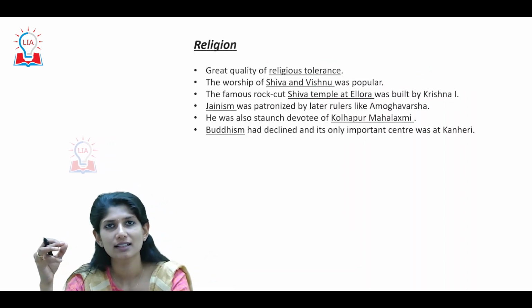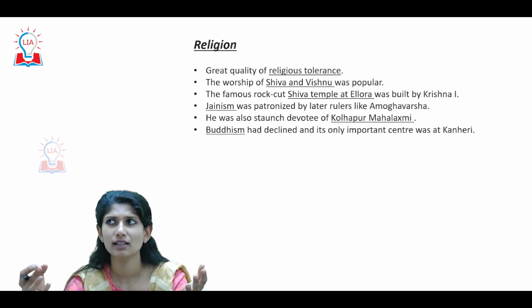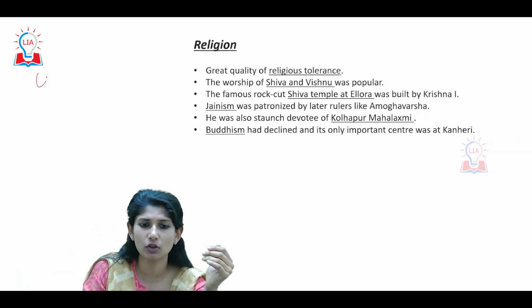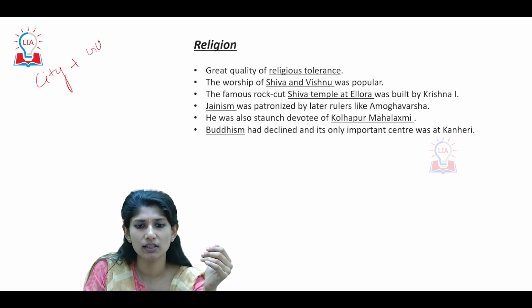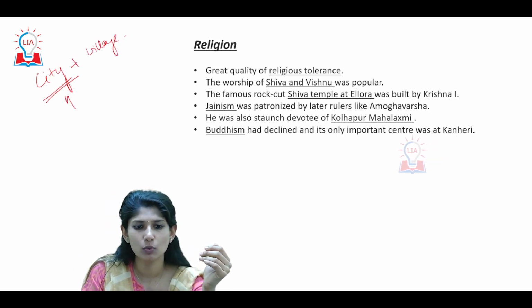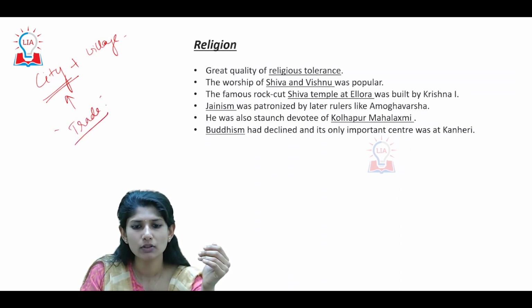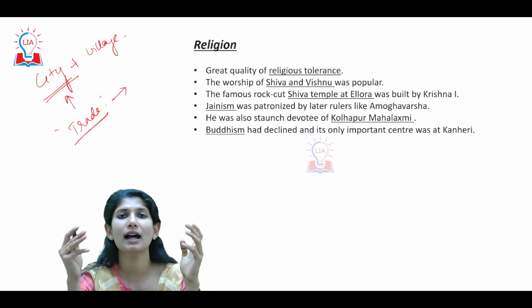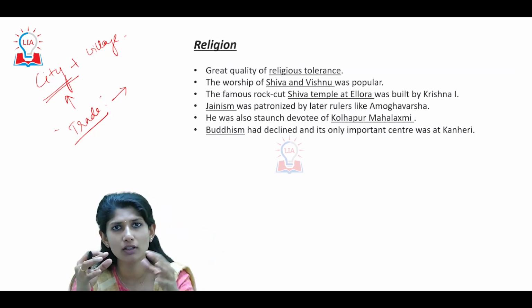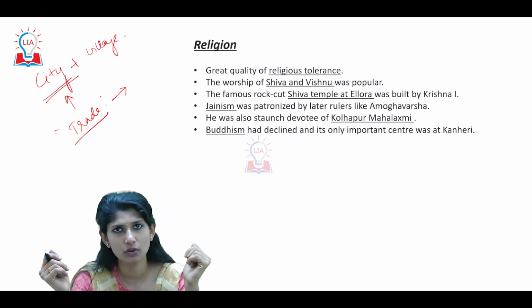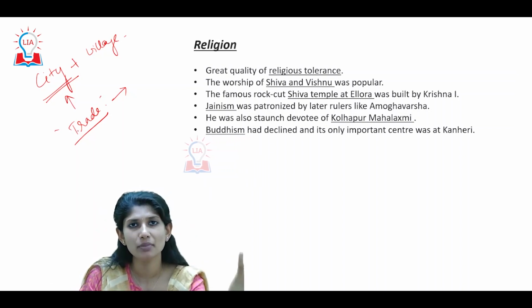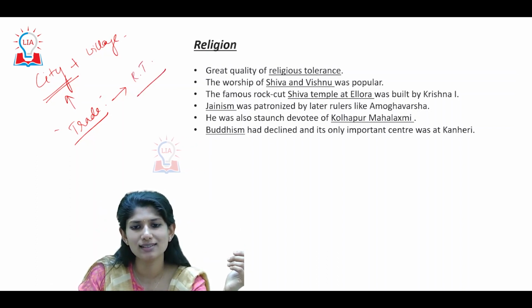Next. What is the religion? In the administration, if I'm going to administer my territory, then I have to be pretty much tolerant. Why? Because if any empire has to flourish, it has to have the concept of both city as well as village. If it has to be a city, it is mostly trade related activity. So we know that trade flourished in the Rashtrakutan period. For trade to happen, the city will have an influx from all around, and they'll have different religions. If trade has to take place without being hampered, they also have to follow something called religious tolerance.